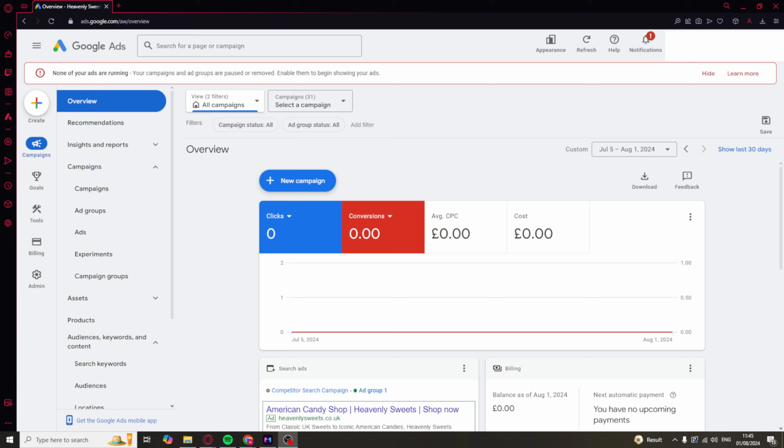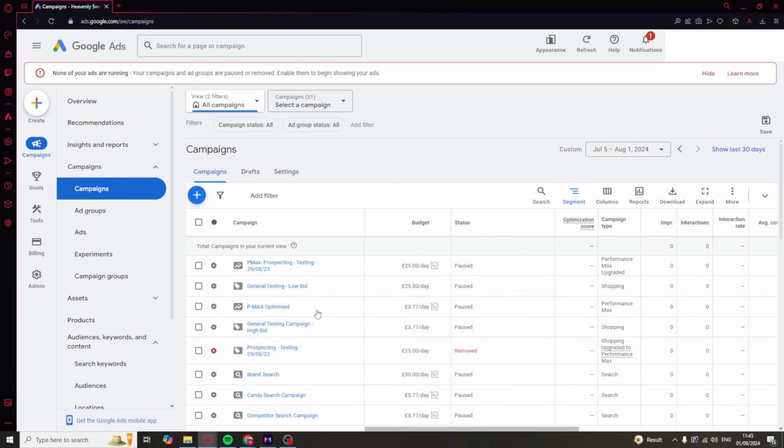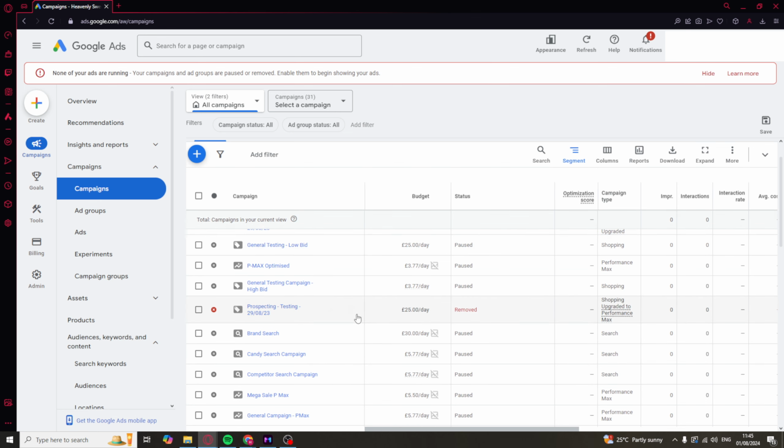Now, the first thing you want to do, of course, is go ahead and log into your Google Ads account. So, I'm here on my Google Ads account, and what you want to do is, if you go to the campaign section here, and you see a draft campaign, you'll notice that you can't remove it, and it's very annoying. Even if you've just started a campaign and you've tried to delete it, you'll just notice there's no simple fix to remove it inside of here. Even if you go to drafts, you cannot remove it, and it's just annoying because it clogs up your Google